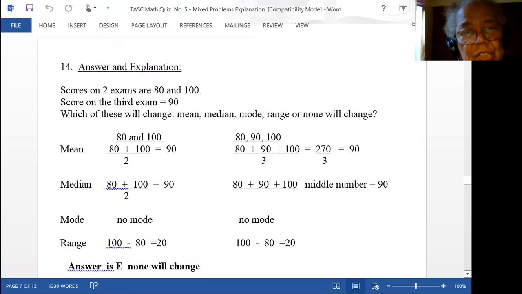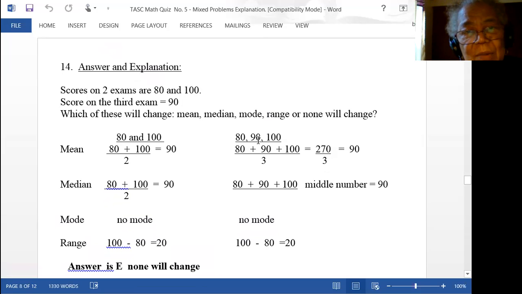Okay, you have scores on 2 exams, and you have a score on the 3rd exam, and you are to answer which of these will change: mean, median, mode, range, or none will change. Okay, let's look at the first one. For 80 and 100, you know how we calculate mean. The sum of these numbers divided by 2,